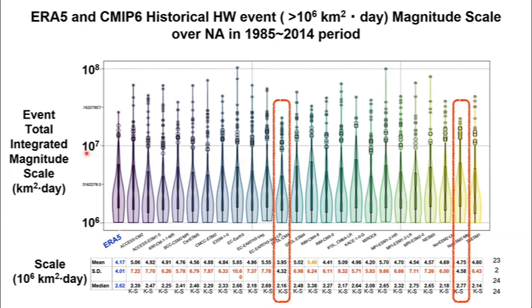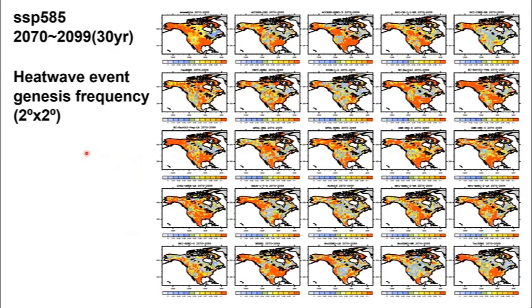So in the end, if you look at the total integrated effect, there are still two models that are probably quite close to ERA5, and all the others in terms of mean value are okay, but they tend to have much more spread, especially for the large events produced in these models. So this is if you want to check.